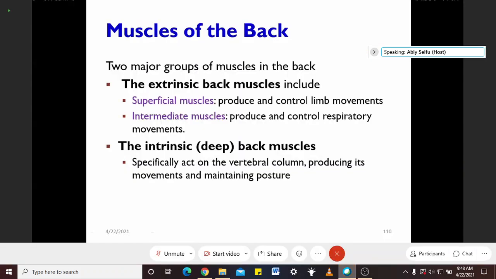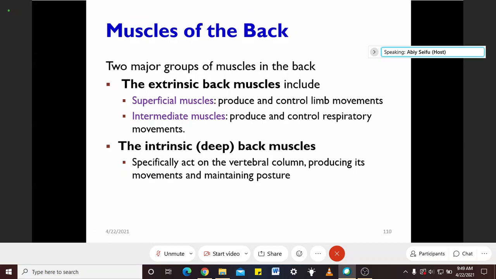Into two major groups: the extrinsic back muscles and the intrinsic back muscles. The extrinsic back muscles are further segmented into the superficial and the intermediate ones. That means when you are saying the superficial